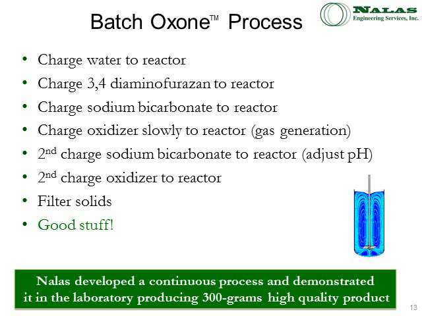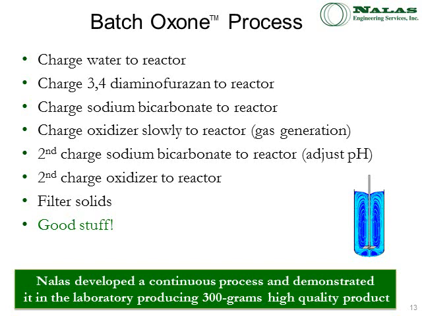So the particular process that we're going to look at, the DAF process, I wanted to give you a background on it. We charge water to the reactor, we charge our starting material, the substrate, the diaminofurazan, we charge in a sodium bicarbonate solid to the reactor, we then charge the oxidizer, in this case it was Oxone. In the batch process, there was gas generation, there was bubbling, foaming, actually took up about half the volume of the reactor. Then there was a second charge of sodium bicarbonate, which was more of a pH adjustment, because they